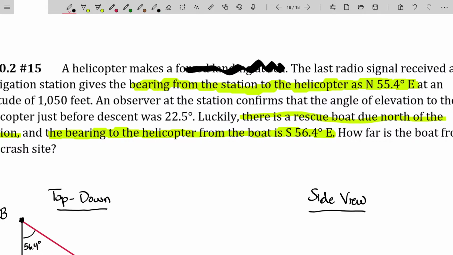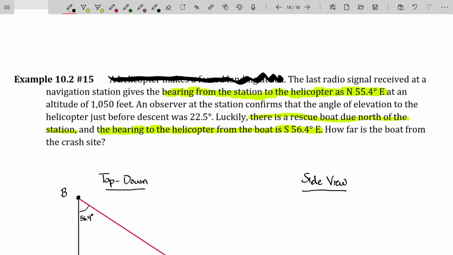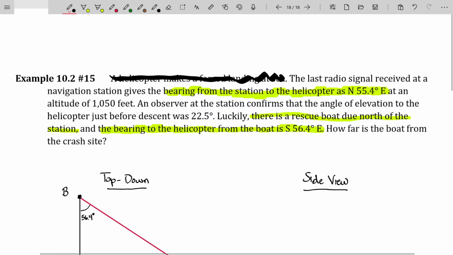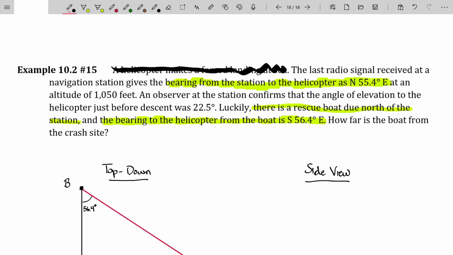We know that's true. Okay, great. Done with it. The last radio signal received at the navigation station gives the bearing from the station to the helicopter as north 55.4 degrees east. We did all that. But the one thing we didn't do in that sentence was the altitude being